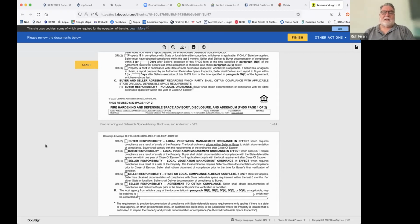Number 3, buyer responsibility, local vegetation management ordinance in effect, which does not require compliance as a result of the sale of the property. Buyer shall obtain documentation of compliance with the state defensible space law within 1 year of close of escrow. So if the seller knows that there is a law requiring them to clear brush, and they're leaving it up to the buyer to do, that's what you would check. You would check C3,